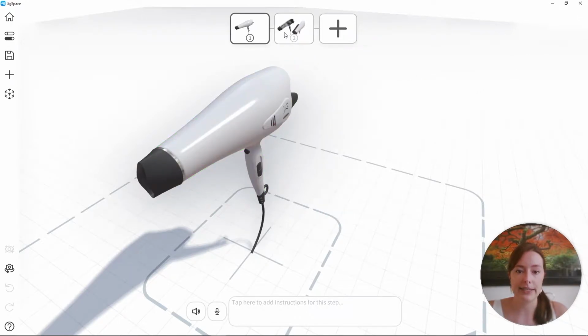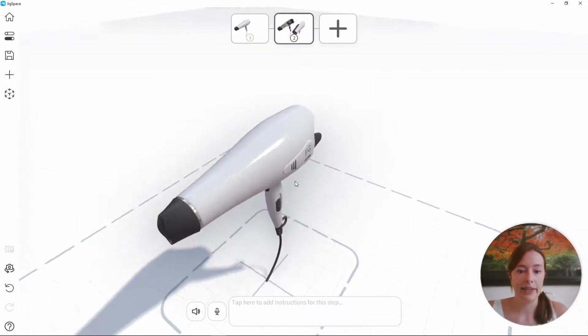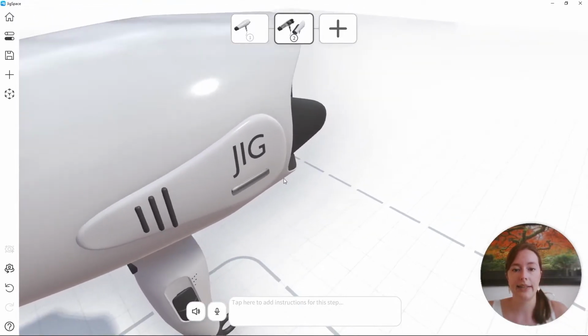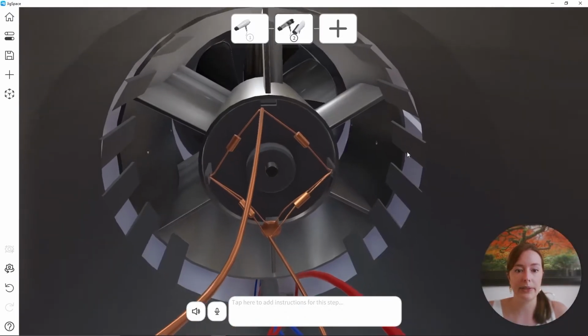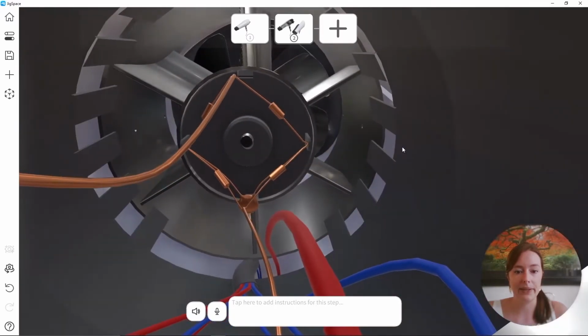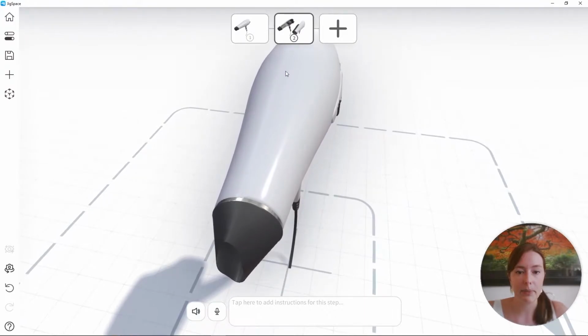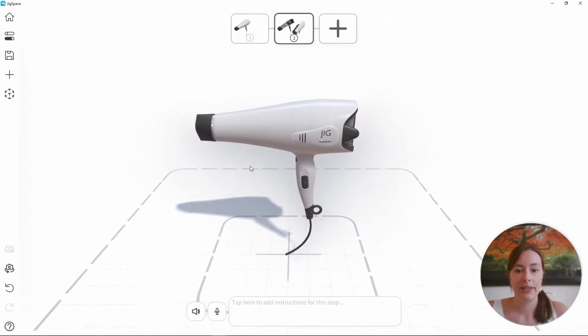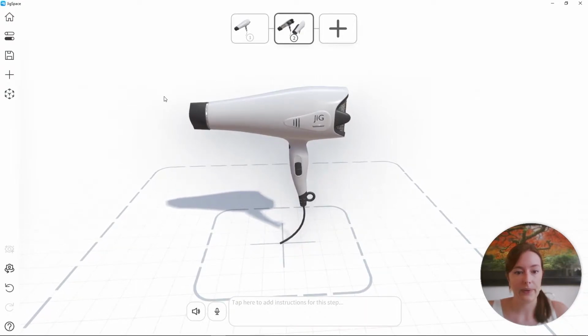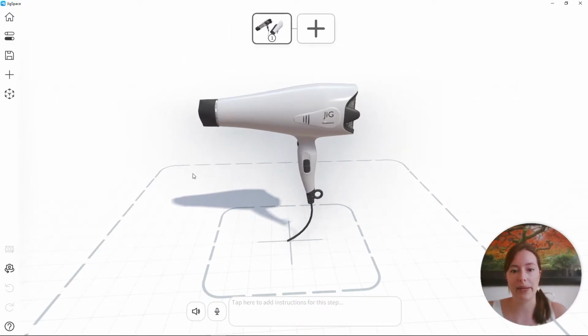So if I go back to step 2, we now have everything on this step fully coloured and with full materials on them, as you can see when I step inside. And we also have the object completely joined together back at its initial position. So with this as a great base step, I'm going to press and hold step 1 in order to remove it. And now step 2 has become our new step 1.